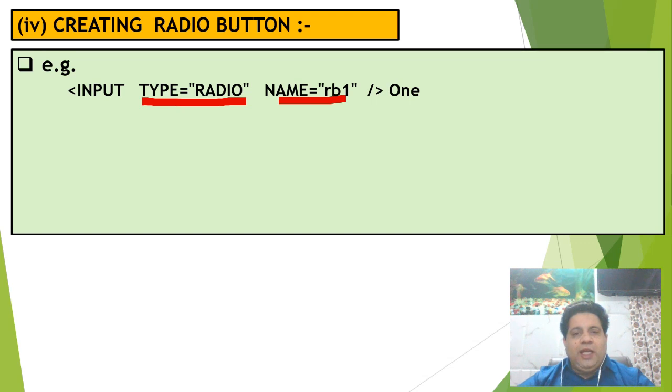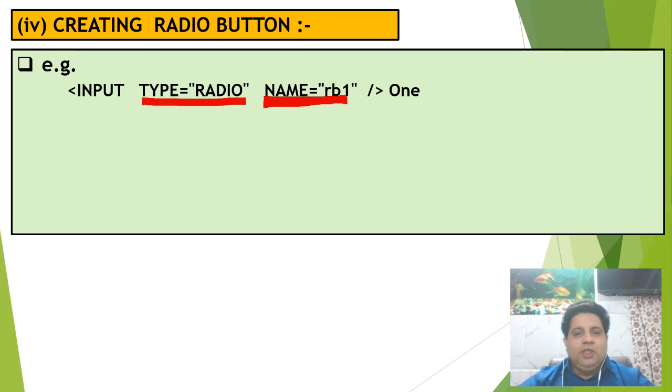By default in HTML, the radio buttons you draw can all be selected. So for this you have to keep the name of all radio buttons the same. Keep this in mind. If you want only one radio button to be selected, you create different radio buttons and give them the same name.